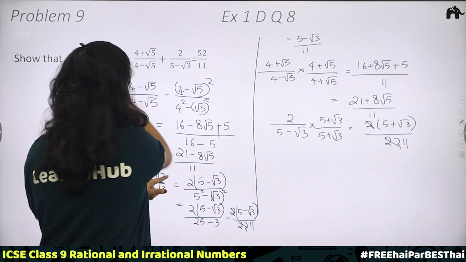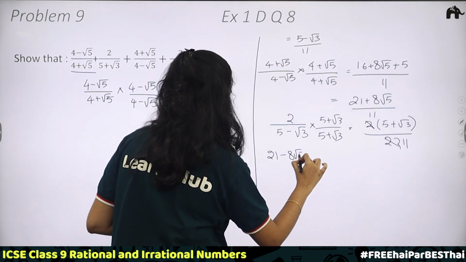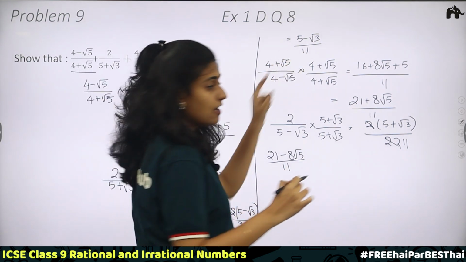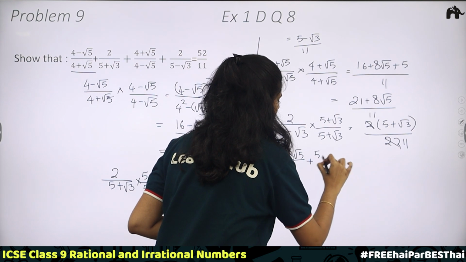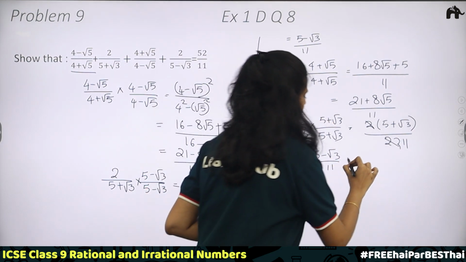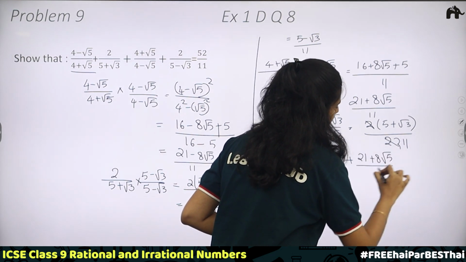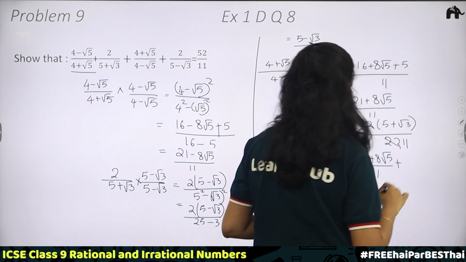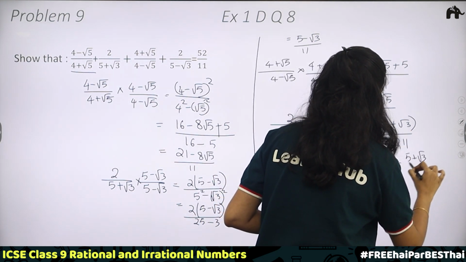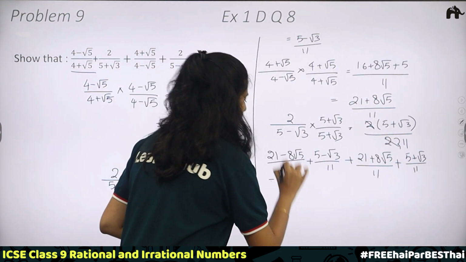So first one, after rationalization, we have 21 minus 8 root 5 divided by 11. Second term, after rationalization, we have 5 minus root 3 divided by 11. Third term, after rationalization, 21 plus 8 root 5 divided by 11 plus fourth term is 5 plus root 3 divided by 11. That is equal to